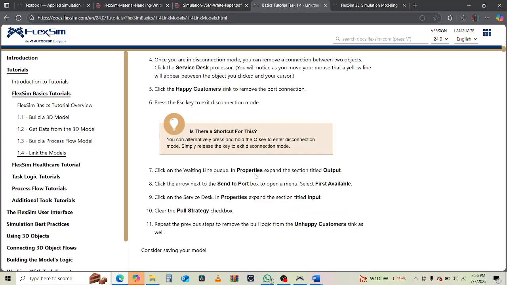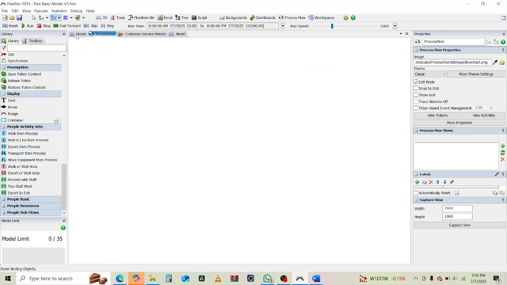Click on the waiting line queue. In properties, expand the section titled output. Waiting line queue. Okay. So in the model,